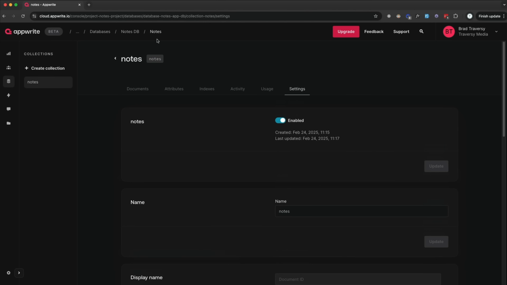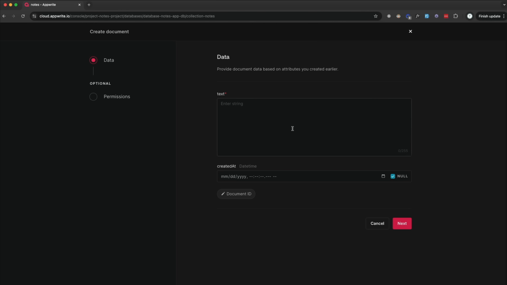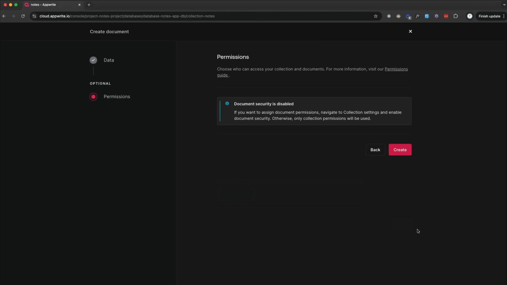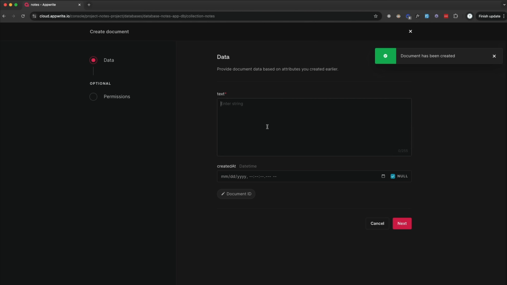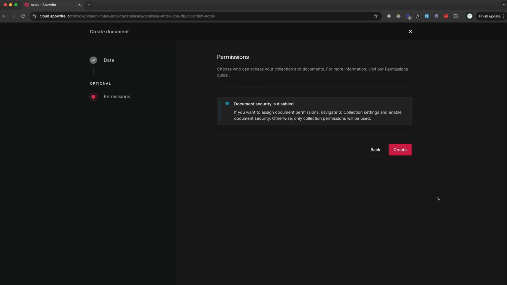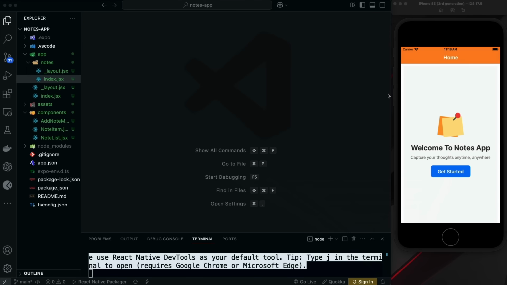And then the last thing I'm going to do here is in the collection, we can actually add data by creating a new document. So I'm just going to say Appwrite note 1, just so we know when we fetch the notes that it's coming from Appwrite. And then we can just select whatever, a date. So that adds one. Let's create one more. We'll say Appwrite note 2, and again, just select whatever. Okay, so now we have 2 notes in our database,